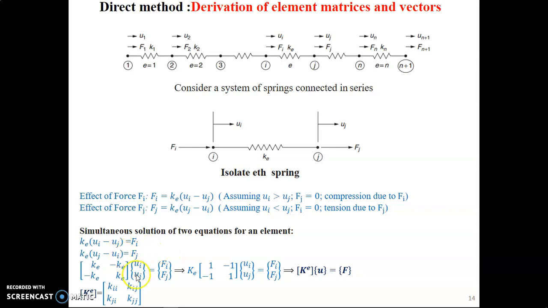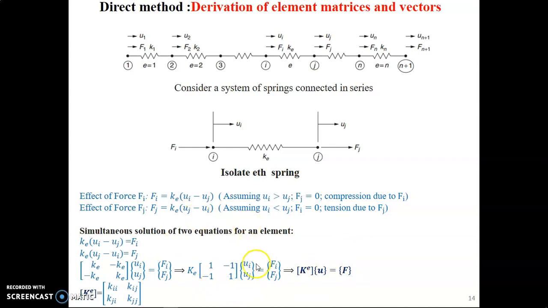In the form of the matrix, we will separate the Ui and Uj into a column vector and Fi, Fj as the output vector. Now the K will be going into this matrix, the stiffness matrix. As K is common to all the terms, it can be taken common and we will be reduced to only the unit terms within the matrix. So K multiplied with this unity matrix where the diagonal terms are equal to 1 and off diagonal terms are equal to minus 1. This will form the stiffness matrix for this particular application.